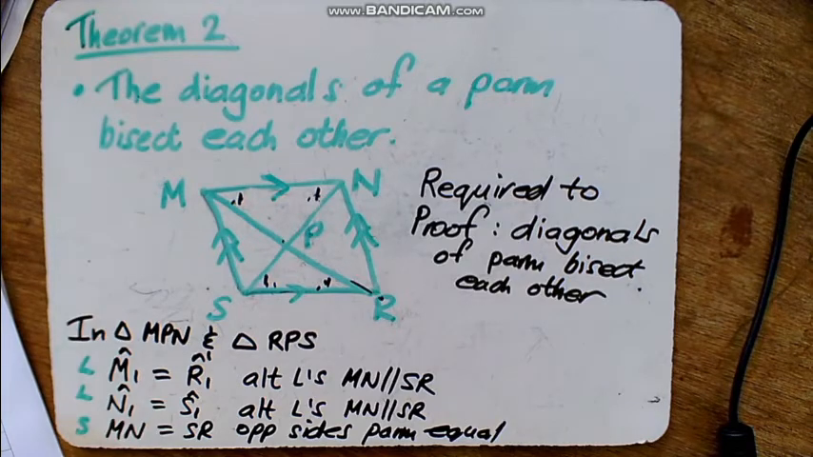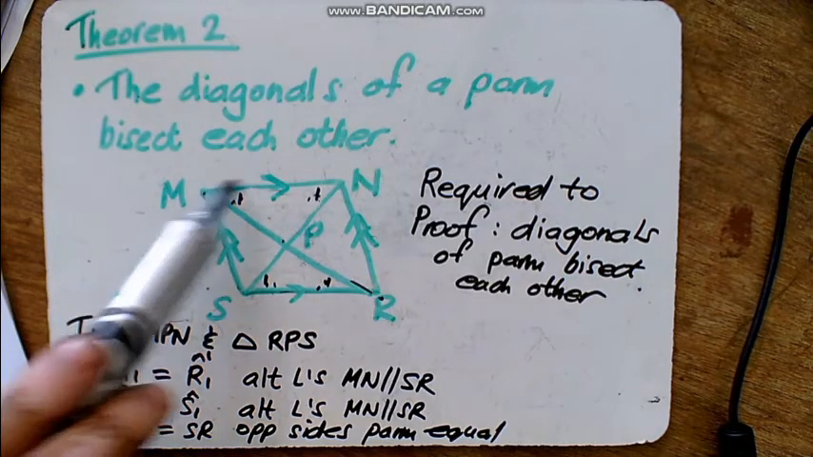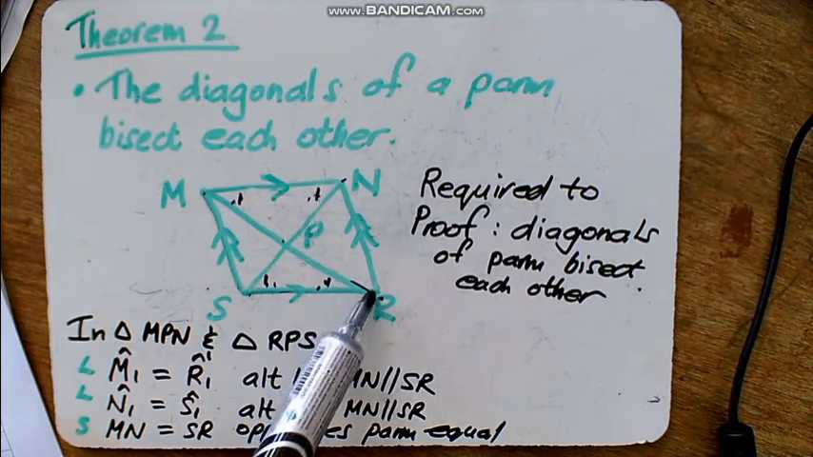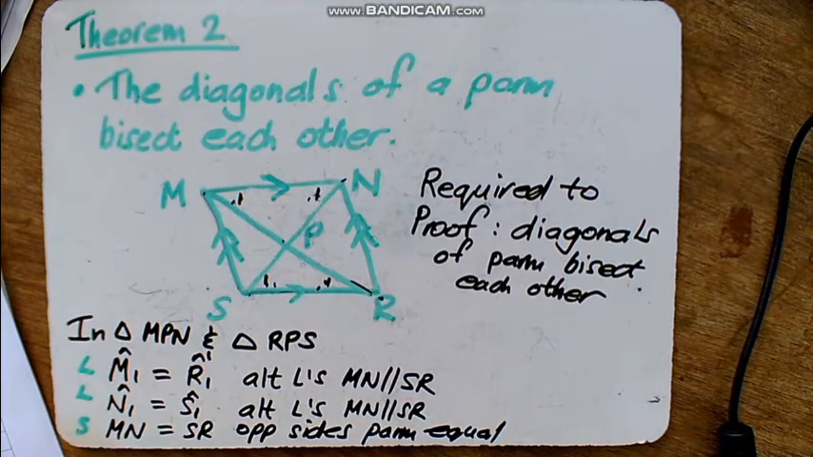If you look nicely, we can see that MN is equal to SR, and we can see that those sides will be equal. Notice that they told us that it is a parallelogram. So if you look on top,